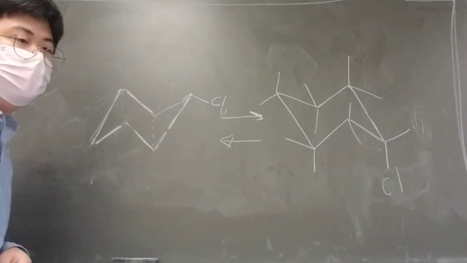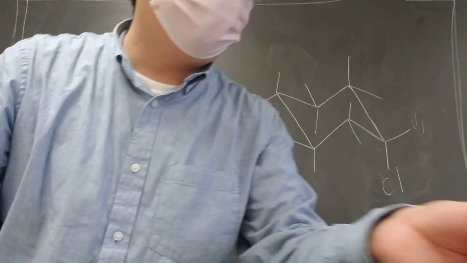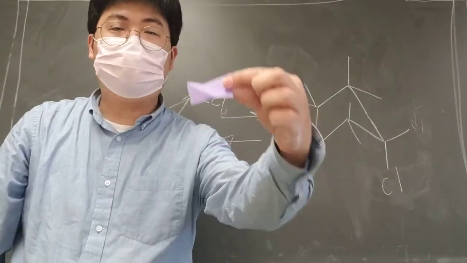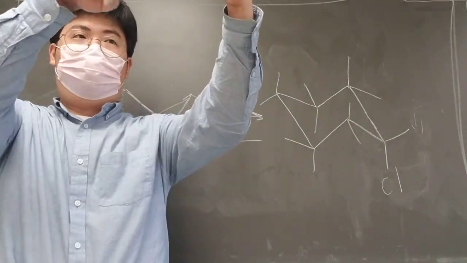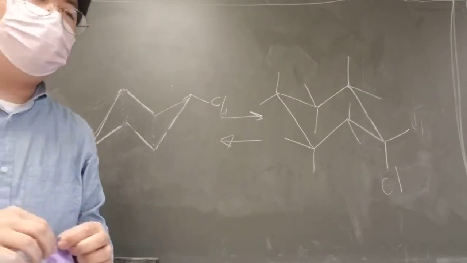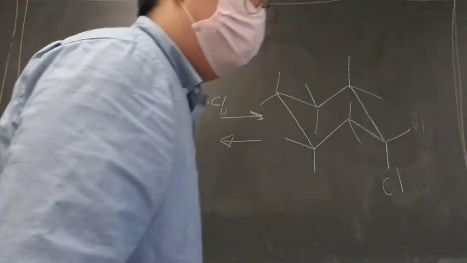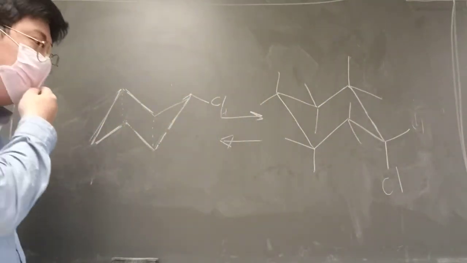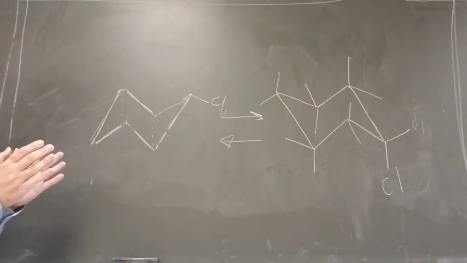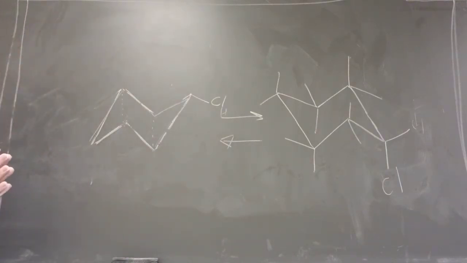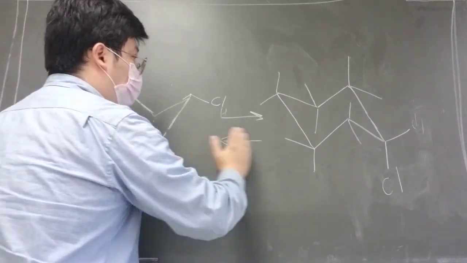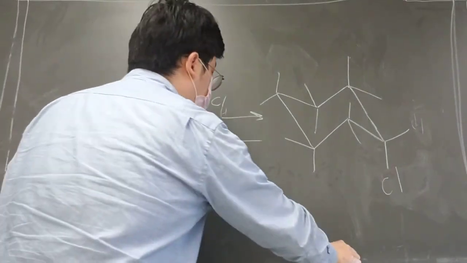So this is why we call this a chair. It looks like a chair, a chair you can just sit on, like here. Okay, I hope that makes sense. Probably later, I'll do some more on Wednesday. But this is how you can get this chair conformation. Go to here, and we're going to call this